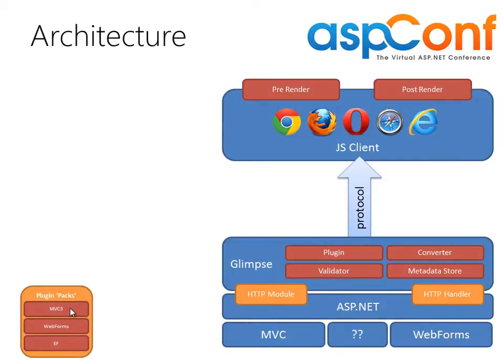By default, we ship 3 plugin packs: MVC, which we've already looked at extensively today; Web Forms, we haven't looked at so much; as well as EF, which added our SQL tab. So a plugin pack may have many plugins, but of course you can create your own, since it's got its own extensibility point here. So let's hop back into Visual Studio,